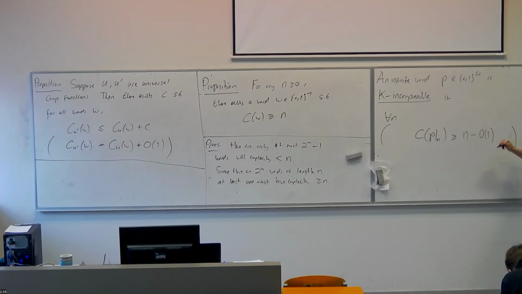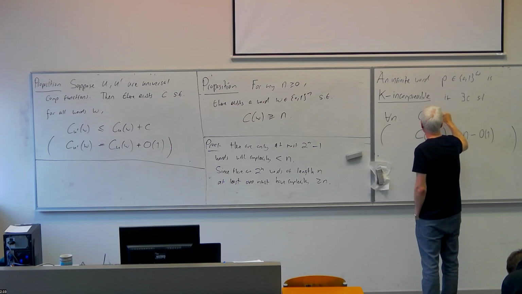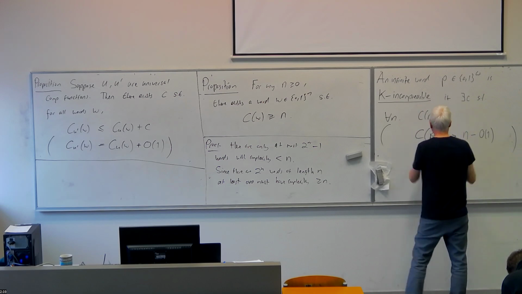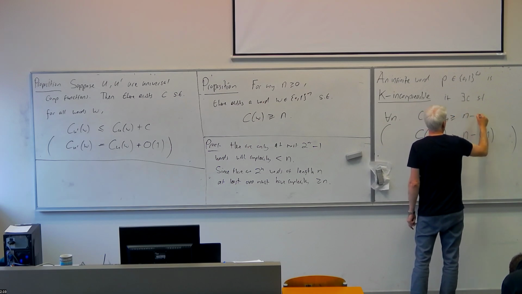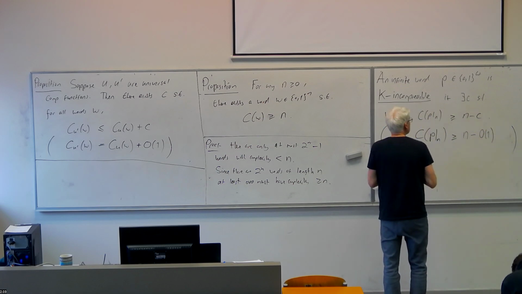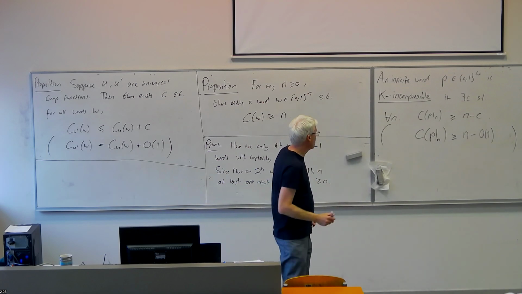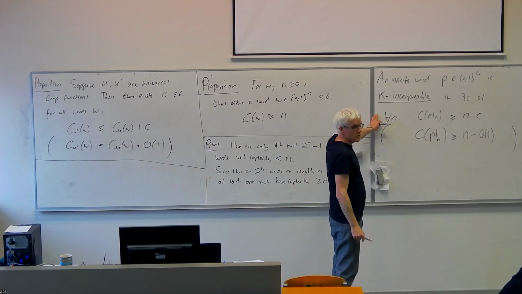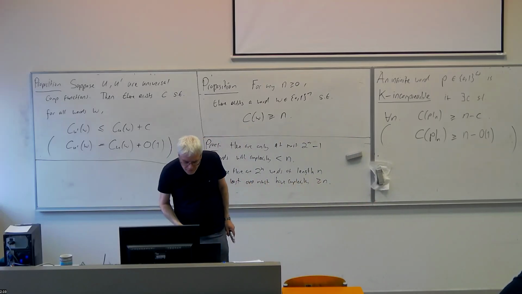To say this precisely: there exists some finite constant C, such that for all n, the complexity of the n-symbol prefix of P is at least n minus C. Okay. So it's a nice notion that is using Kolmogorov complexity to describe